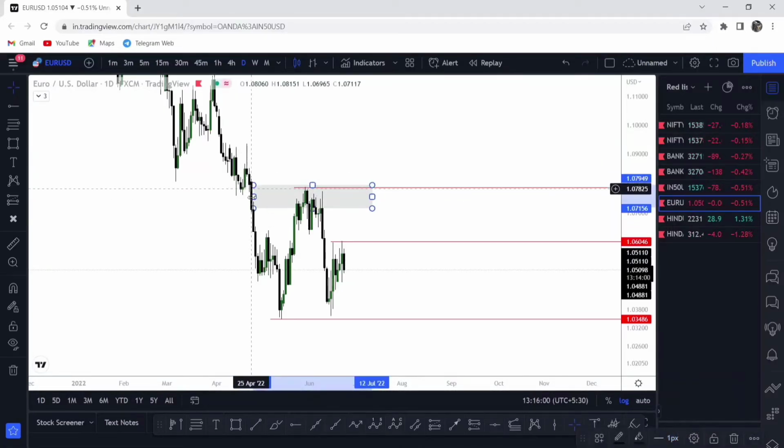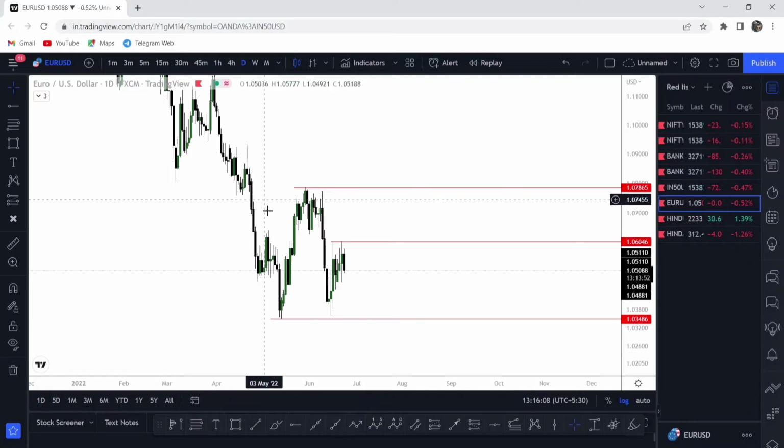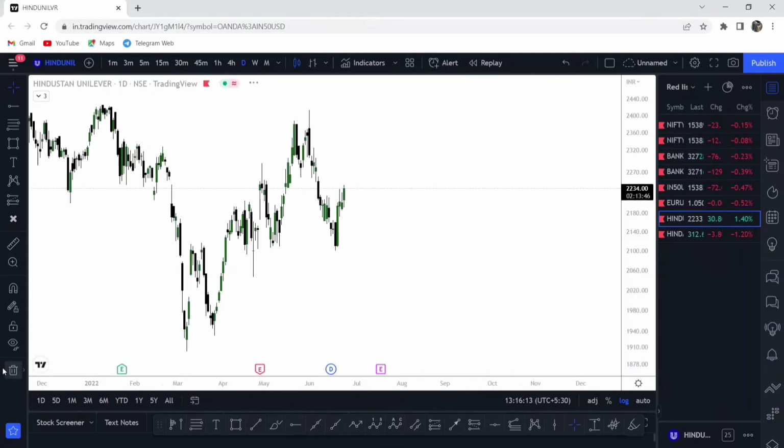Now what is a void? A continuous down move, which is very likely to be filled. Now we just need to understand when it gets filled. That's a very important task. Okay, now if I go to Hindustan Unilever,